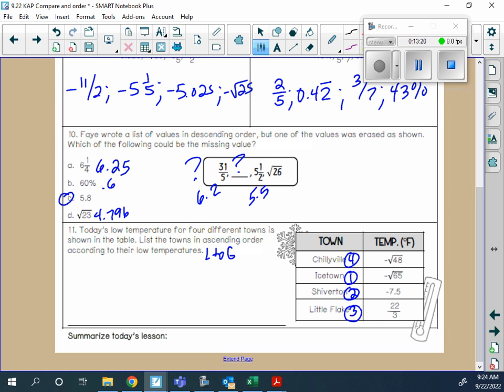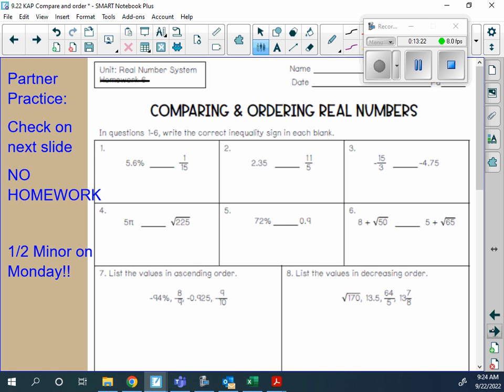Listen. So now this would be the point when we normally have homework, right? But we still have 20 minutes of class, plus it's a no homework weekend. So what I'd like for y'all to do, the rest of it, this is partner practice. We're going to check it on the next slide. As a reminder, you do not have homework. And then the half minor is on Monday, which will be about just this. But we're going to practice Monday before we take it, okay? So you'll be fine. All right? But go ahead and if you're at home,